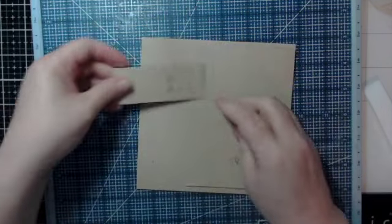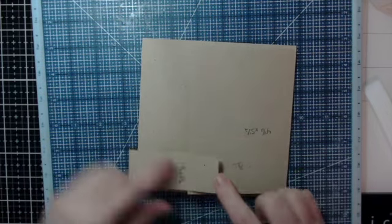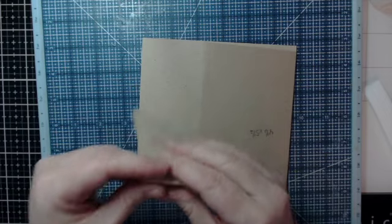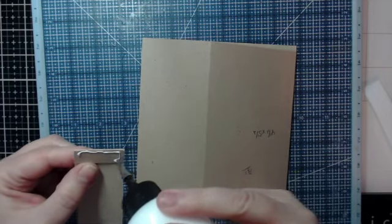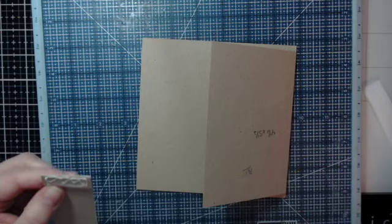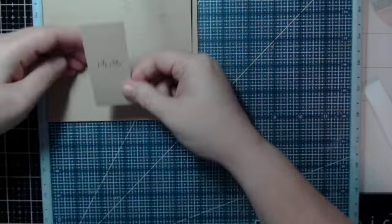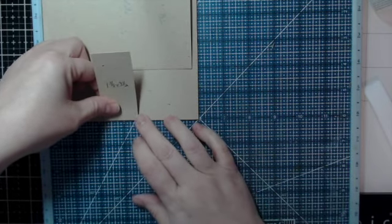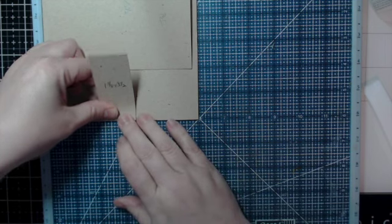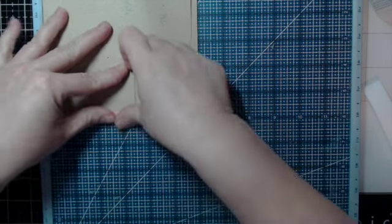Okay. So what we're going to do, you can decide if you want to put the closure up here. Do you want the closure down the bottom, which is kind of odd. But I put mine in the middle. So I am going to add some glue to the tab. And this is 6 inches, so I'm just going to eyeball it. I don't get all fancy, and it doesn't matter to me if one side is 2 inches and the other side is 4. I don't get crazy like that. Sometimes I do, but